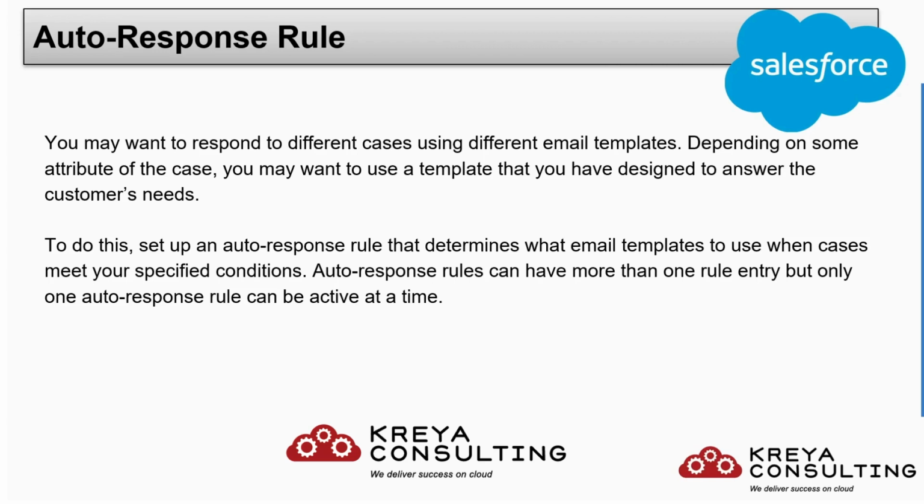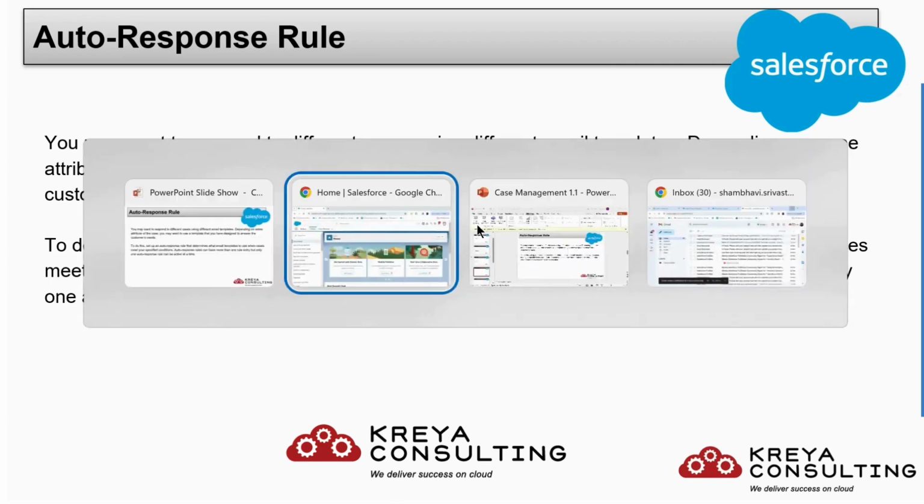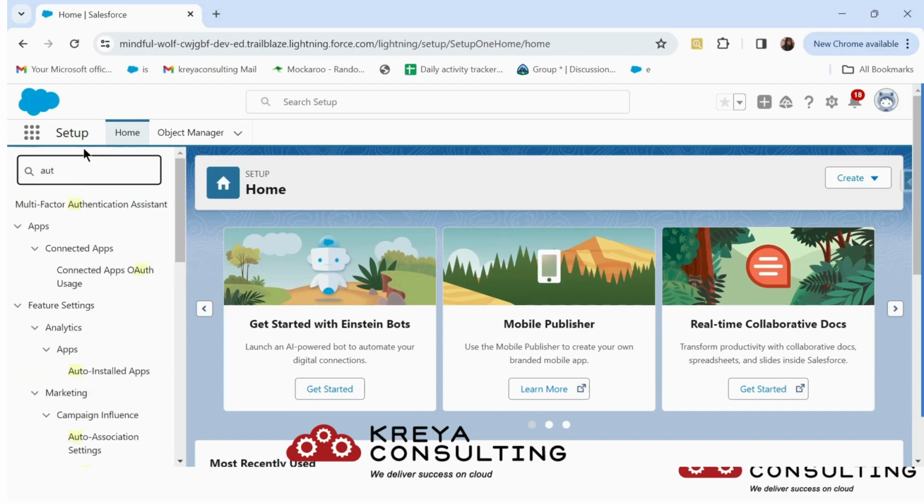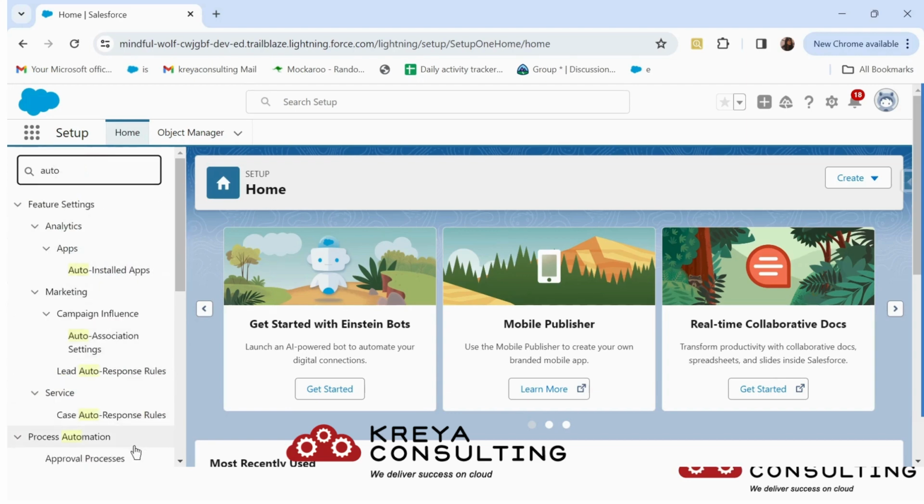Now, if you remember, in our earlier video we have done the setup of web to case. In that case, one email already gets sent to the customer whenever a case is created from web. Let's set an auto response rule for email to case, so that any case created from email will get an auto response. So in your quick find box, search for auto response and you will find